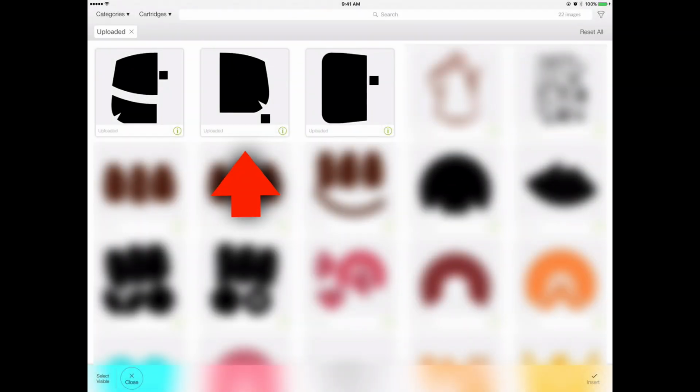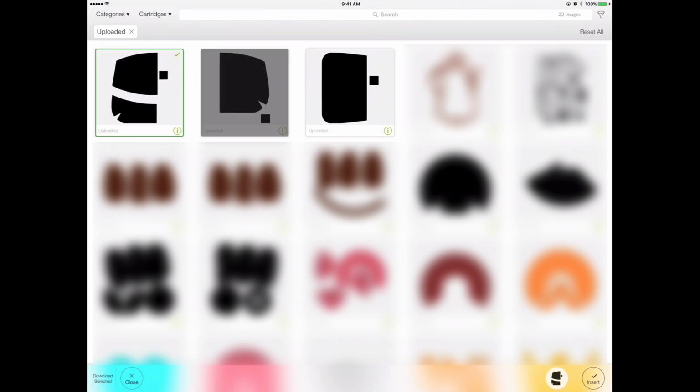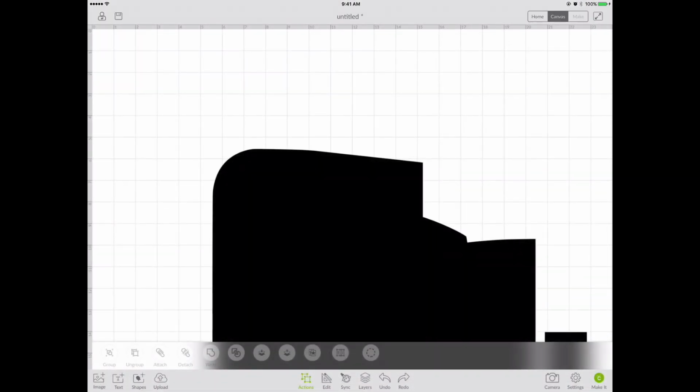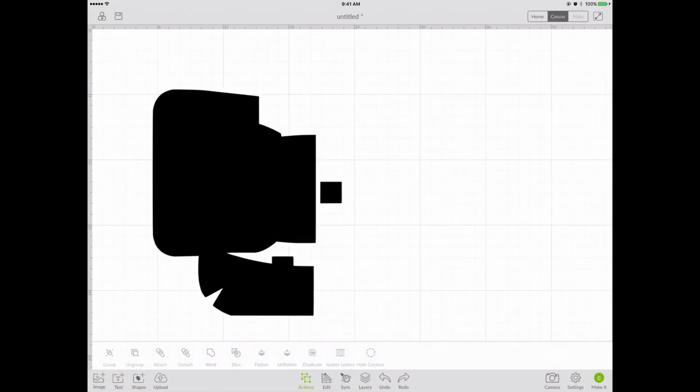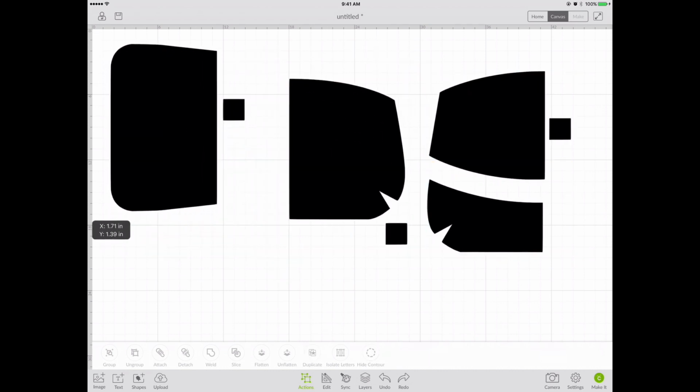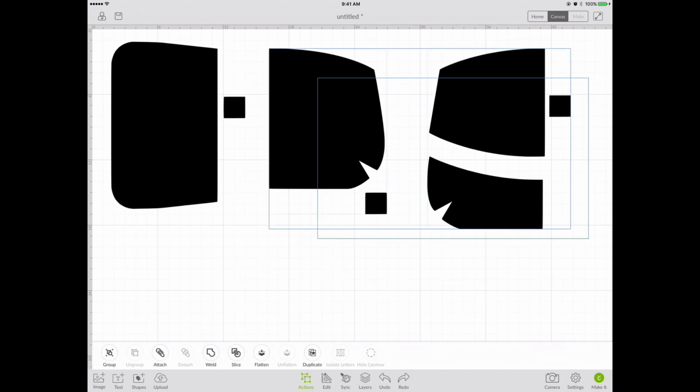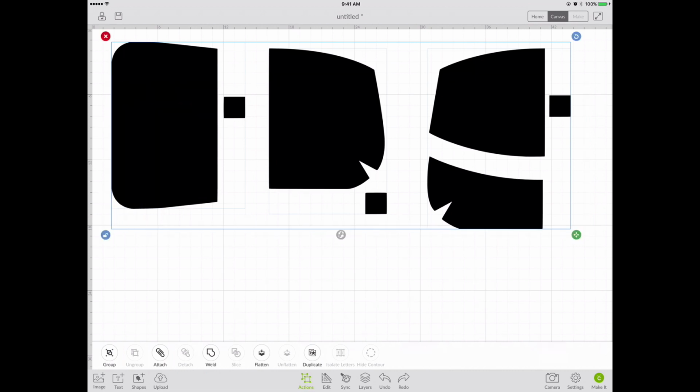And then up here in the top left corner are the 3 files that I just uploaded, and now I can actually choose all 3 of them just by tapping on them and click insert, and it will bring everything to my canvas. So here we are on the canvas, and I have the 3 uploaded files that I just created. Now what we want to do is attach all of these. So all I do is put my finger on the screen and run it over the 3 images here, and I click Actions,